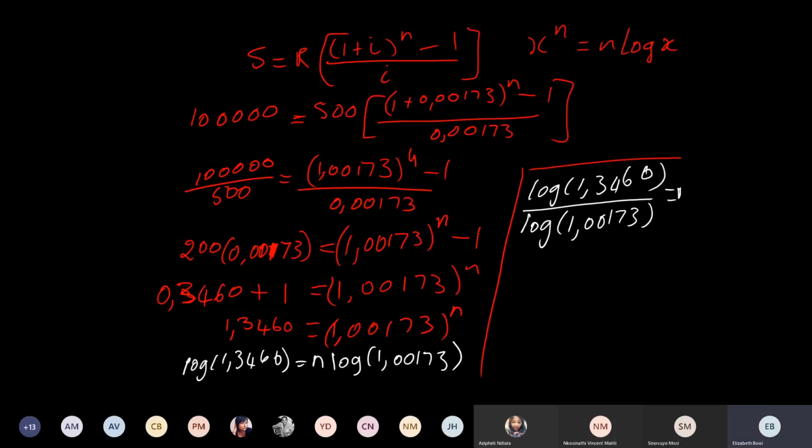Don't tell me I've run out of space as well here. Equals to n, and therefore the log, second function log, I look for that function,